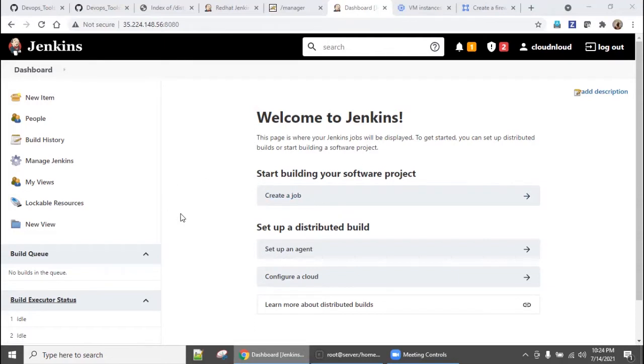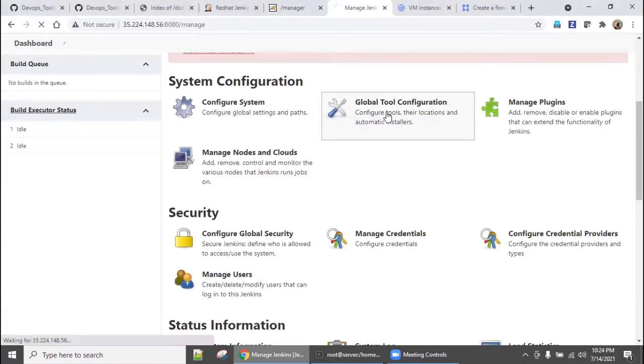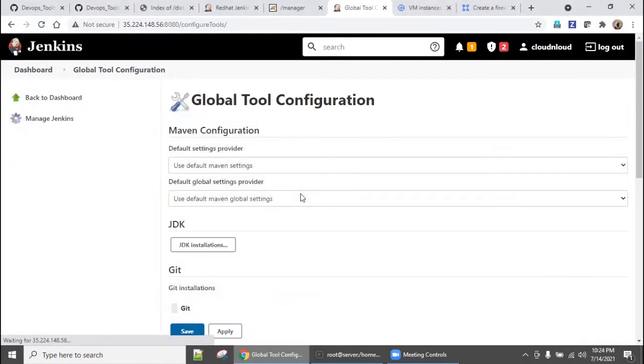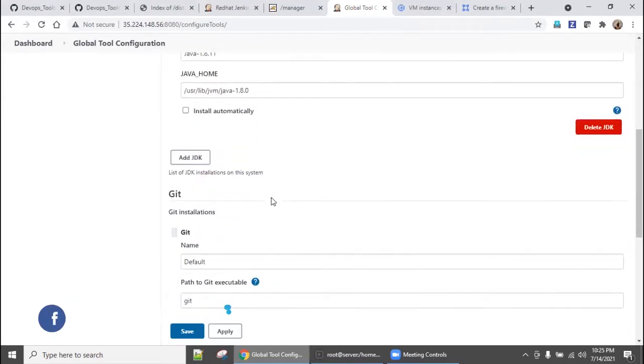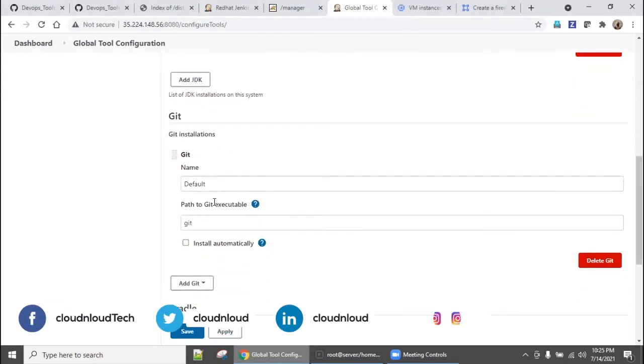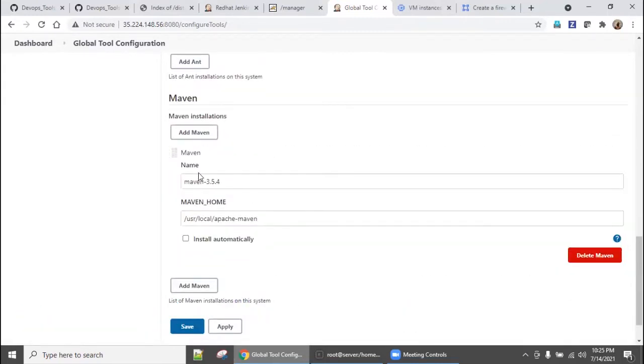For this class, we are going to create a small pipeline and trigger it in a manual way, right? So let us quickly check all the settings we need. We are going to Manage Jenkins to make sure everything is fine. Going to Global Tool Configuration, and the JDK, yes, we have configured in the previous classes. Come down. Git is there, there is no error, so fine. And Maven also we have configured and there is no error.